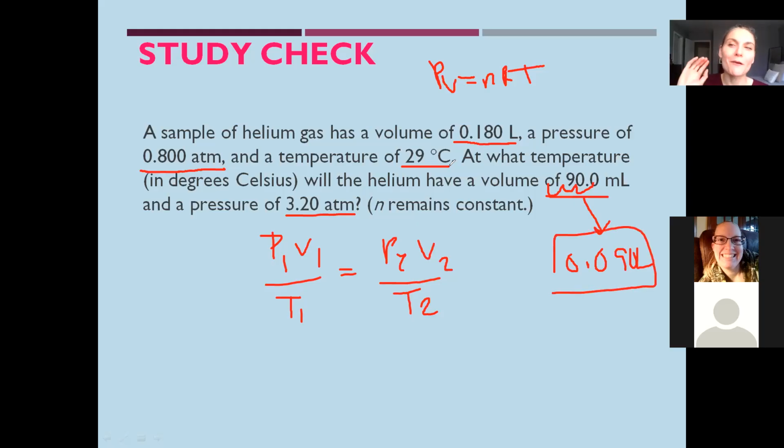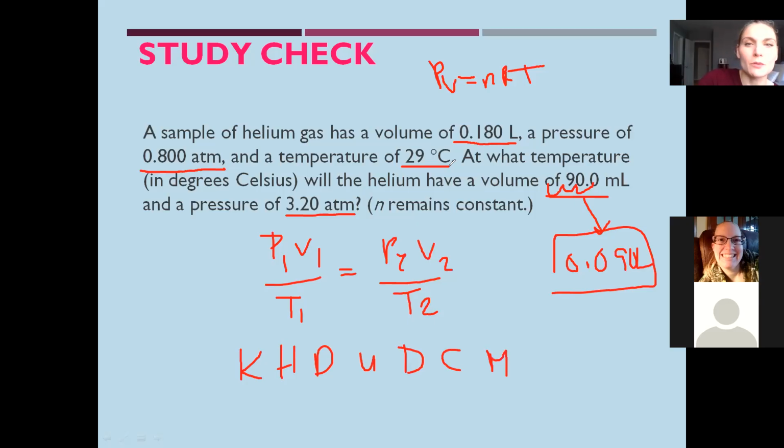If you're not super comfortable with conversions, stay after class, and I'll show you a good way to do these. There's a simple way to remember how to do them. It's super easy. I always laugh because we teach chemistry so much harder. It's King Henry died unexpectedly drinking chocolate milk. This is your unit, like your grams, liters, meters: kilo, hecto, deca, deci, centi, milli.